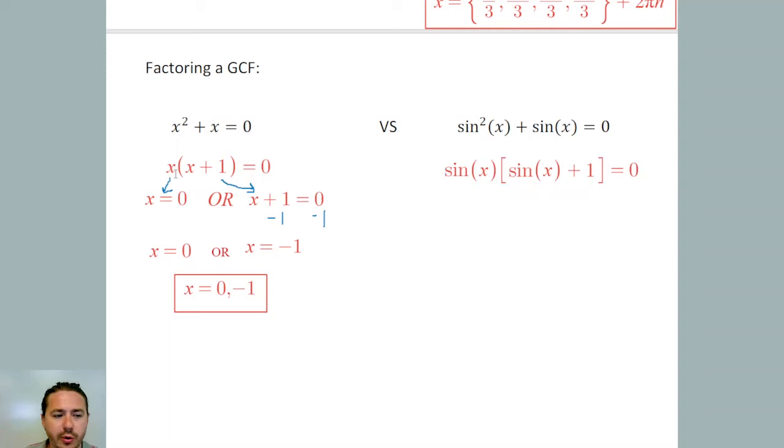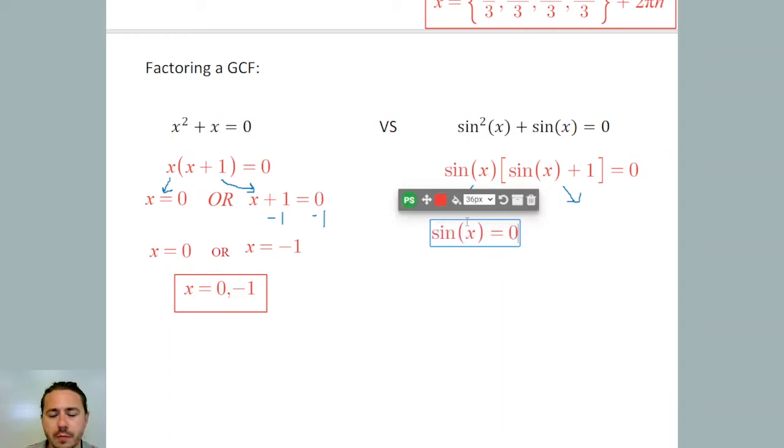We're going to use the zero product property to split these two up into two separate equations. Either sine of x equals 0, or we have sine of x plus 1 equals 0,